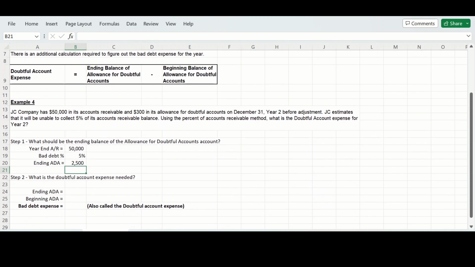Now we need to figure out what the bad debt expense should be by comparing this ending allowance for doubtful accounts balance to its beginning balance. So we just determine the ending balance is $2,500 and the beginning balance is $300 based on the problem. So we take ending minus beginning, we get a bad debt expense needed in order to get the allowance for doubtful account to the ending balance we calculated of $2,200. So this bad debt expense amount is also referred to as the doubtful account expense, and this will show up on the